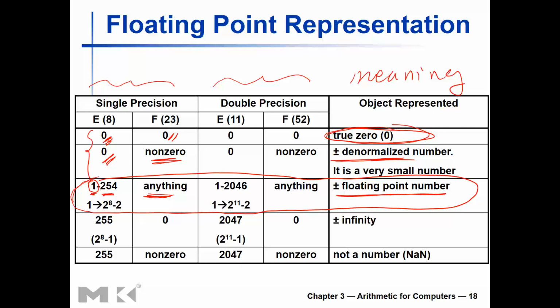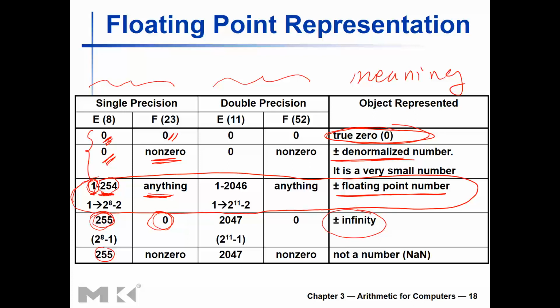So we say that the normal range for the exponent is from 1 to max minus 1. We looked at what happens when I drop the exponent to 0. I have two special cases, for 0 and denormalized. What happens if the exponent goes all the way to the max value, which in the case of single precision is 255? Why 255? Because I have 8 bits, and the maximum is 2 to the power 8 minus 1. We will check the fraction again. If I have the maximum exponent with a 0 fraction, it means I am representing plus or minus infinity, based on the sign bit. Plus or minus based on the sign bit will tell me whether I have a plus infinity or